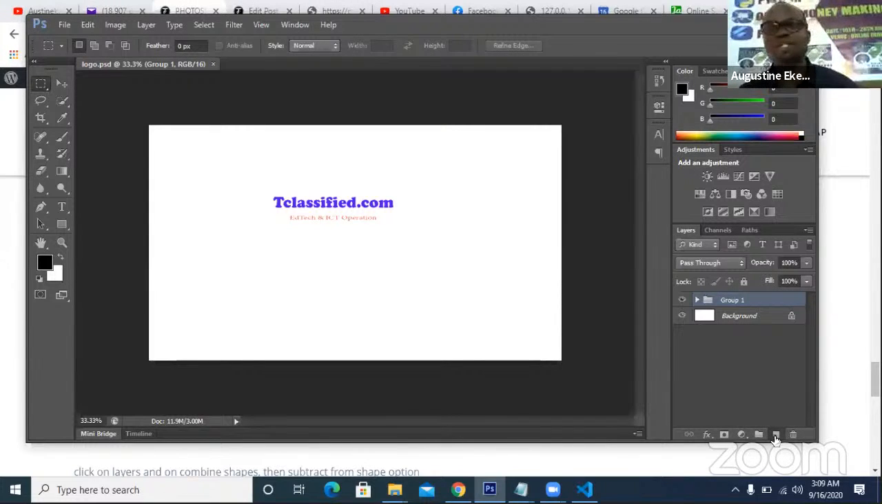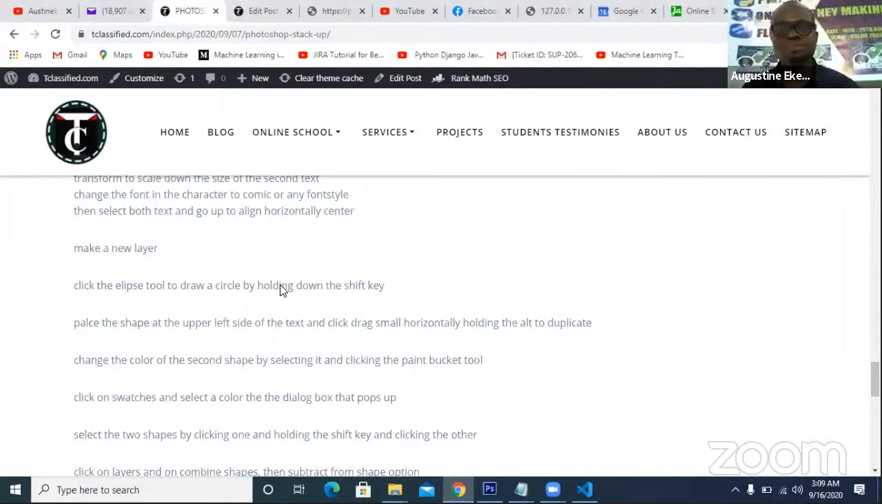So I'm going to click on it, and you can see layer 1. I've now made a new layer. Okay, so what is the next instruction? The next instruction will be to what? Click the ellipse tool to draw a